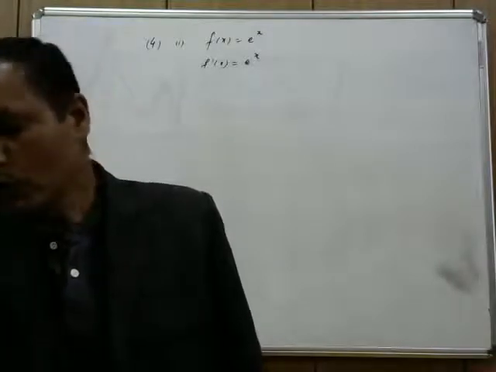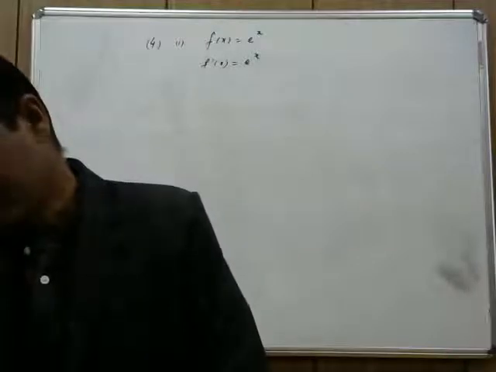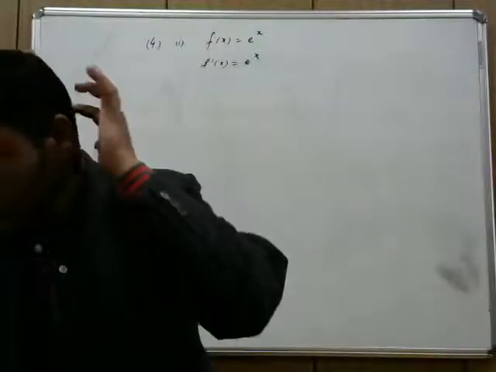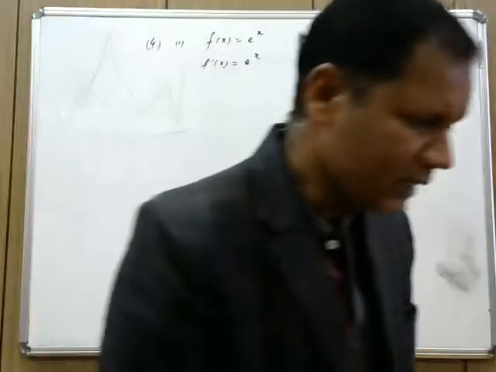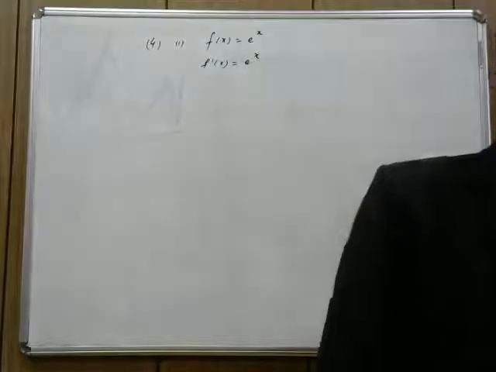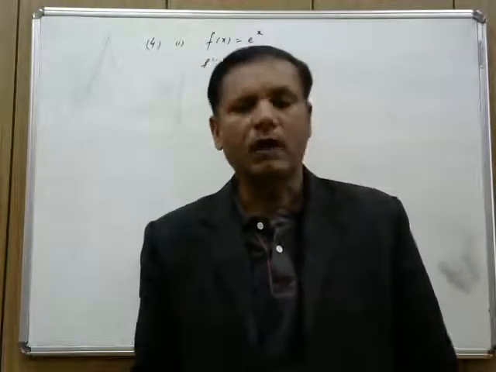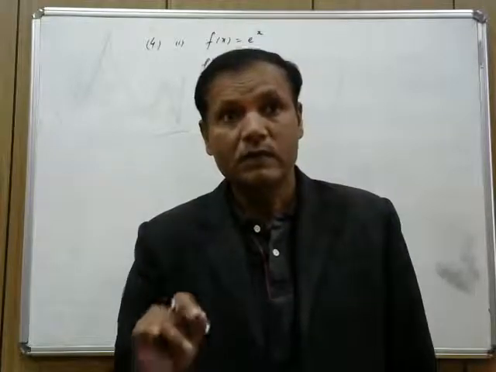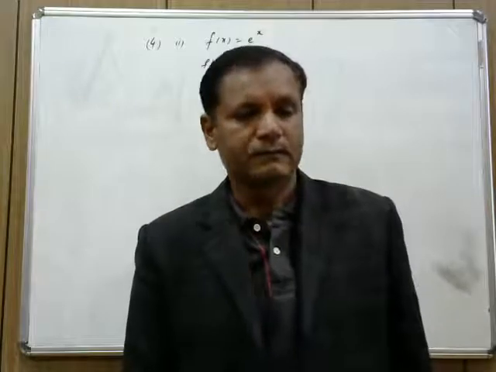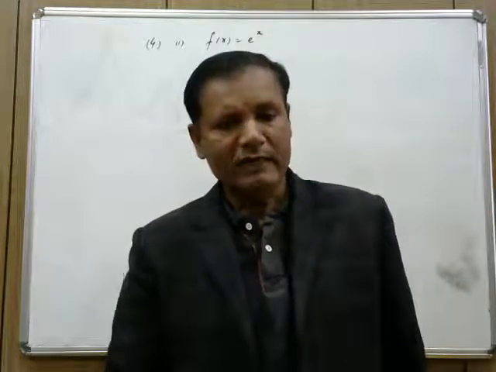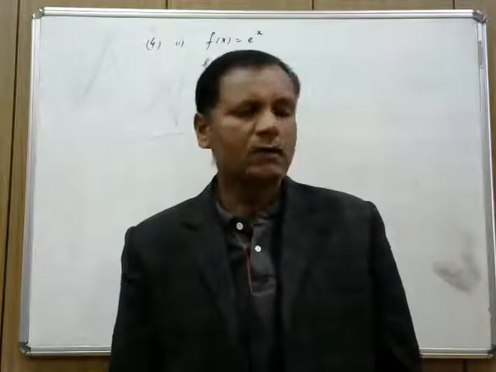That means there is no value of x for which f dash of x is equal to 0. That means we don't have the point at which we can check whether it has local maxima or local minima. That means we don't have the extreme points, we don't have the critical points. And when we don't have the extreme points, we cannot find its local maxima or local minima.